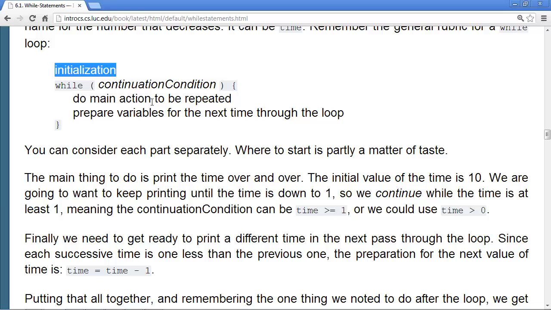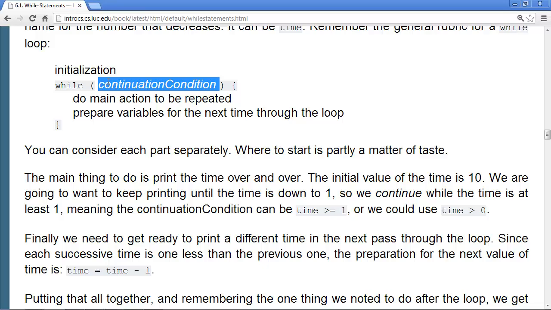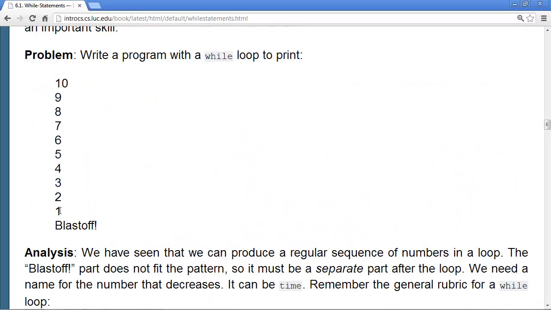We need an initialization. We're keeping track of the time. Of course, initially we print out 10. We can say that time is 10 initially. And we need a continuation condition. When do you want to keep on writing out numbers? As long as the number has not gotten down past 1.